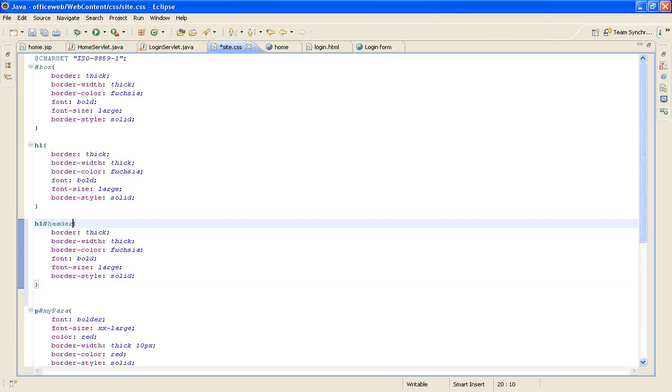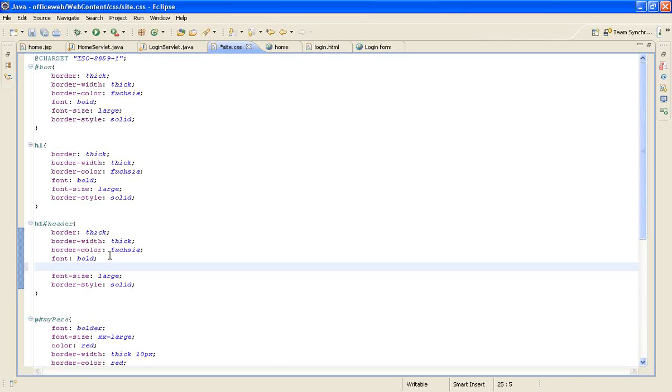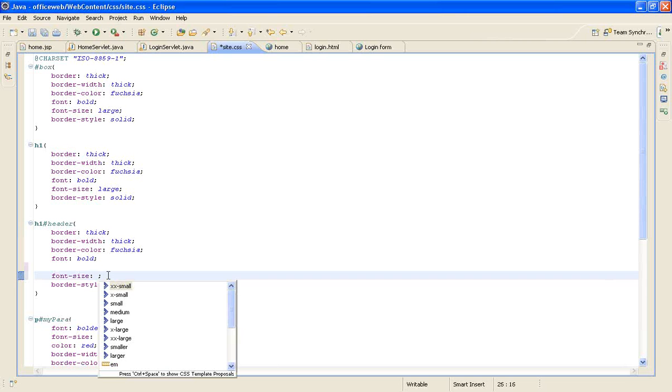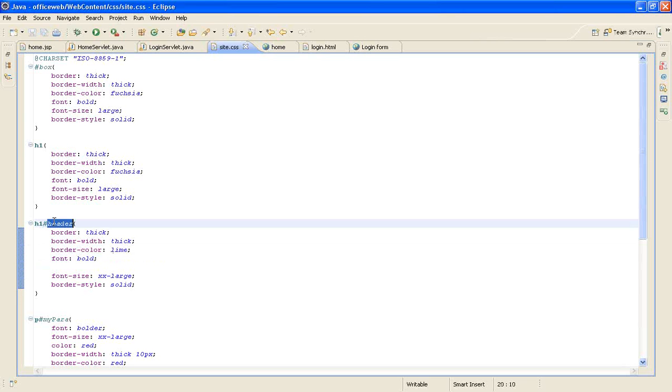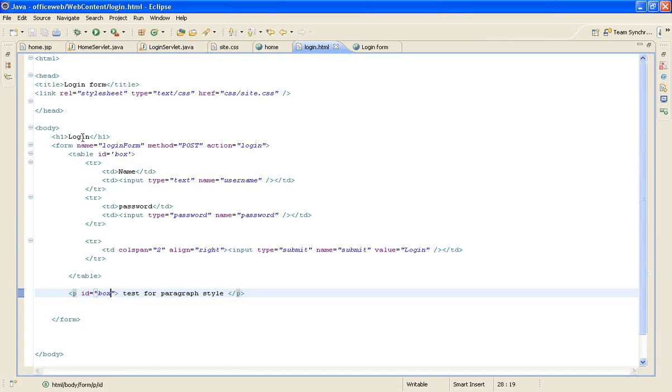Let me change the font size, instead of large, let me put something else, XX large, and I don't know these colors. So if there is any header in any page with the ID header, now let me make this change.